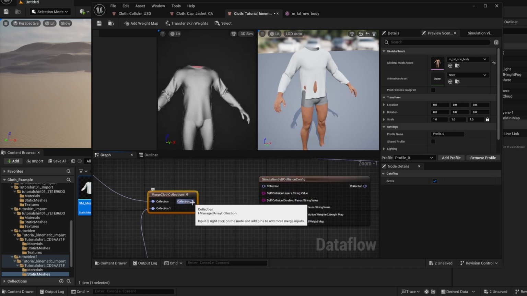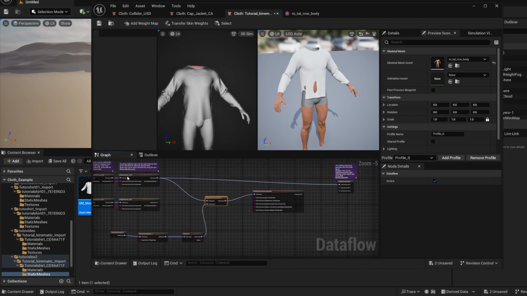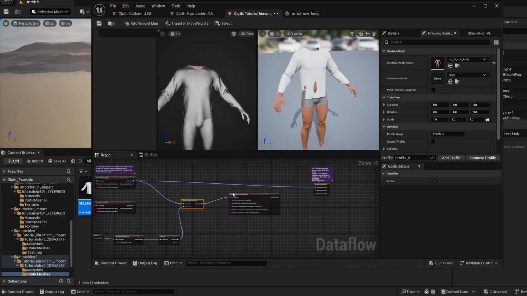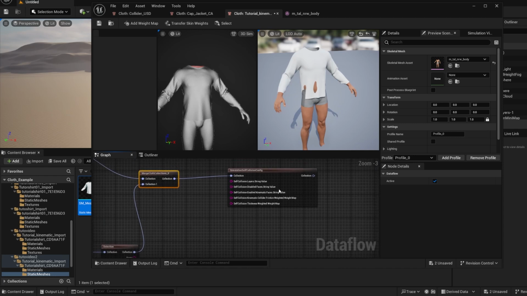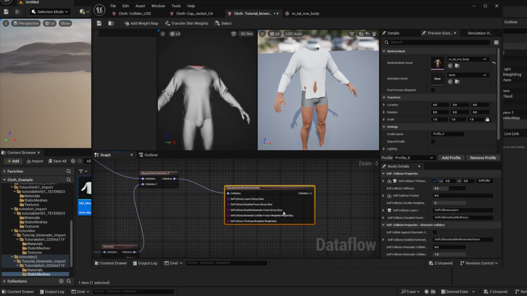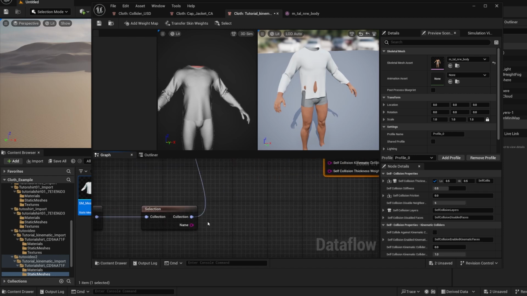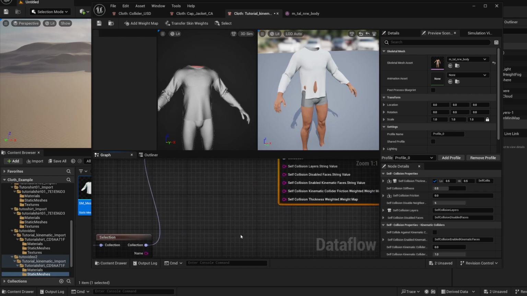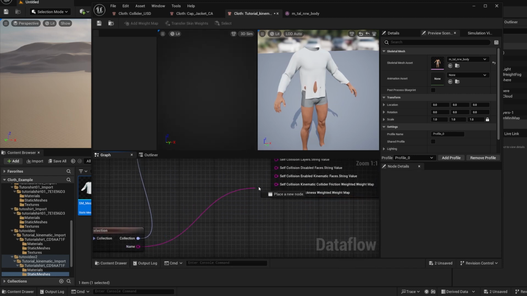So the first thing is we plug in collection to collection, which is grabbing everything from before, and it's grabbing our new kinematic collider and just merging it into this collection. The other thing that's necessary is to tell this node who is the kinematic collider. So you see here where it says self collision enable kinematic faces, it needs something here, and that something is what you got in your selection. So we're going to plug this one here,